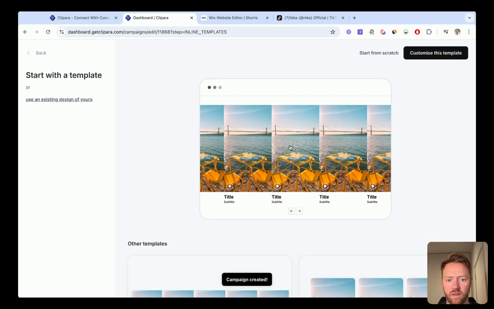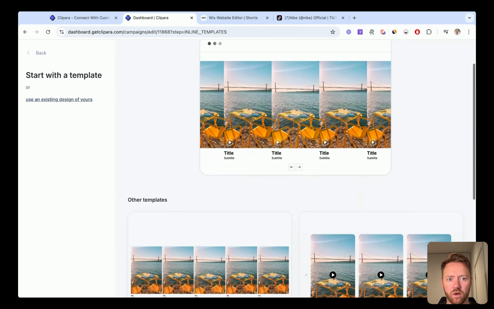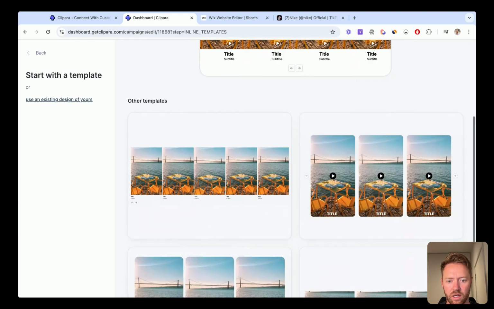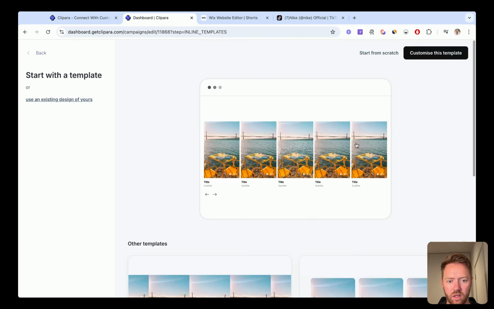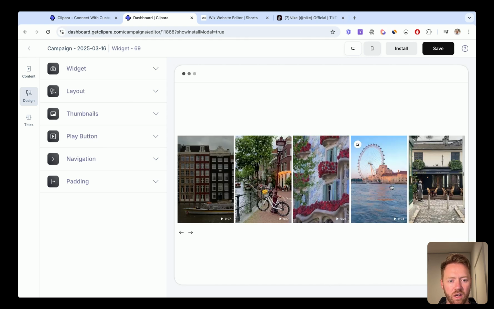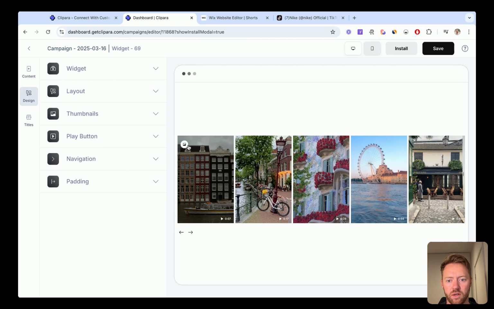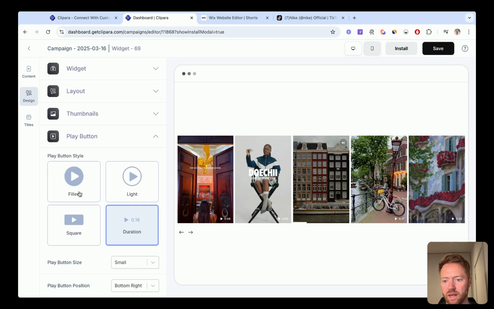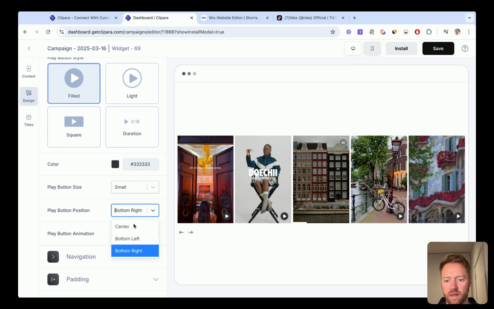So I'm just going to grab some example videos here, create a campaign, and then you have a few templates that you can choose from. There's a few different layout options and things. So let's just go with this template here, and then we're just going to customize the template. You can also just start from scratch. And there we have the videos we've just selected. You can change the thumbnails of each video. You can customize the style in terms of play buttons. You can change it to a normal play button. You can move that play button around. You can also move the carousel